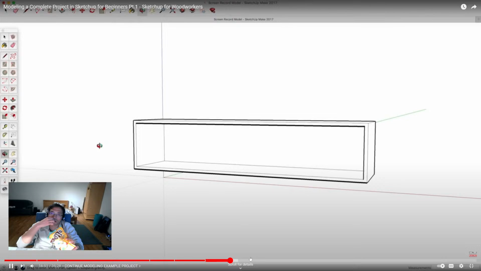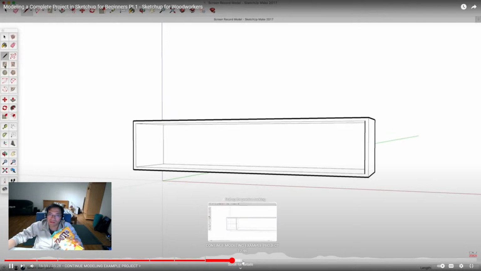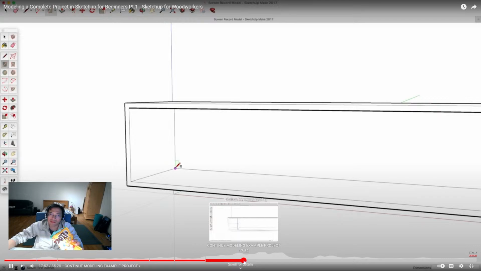All right, so right now we've got a really long box, and we're definitely going to need some vertical partitions to keep things from sagging. So to model those, I'm going to get my rectangle tool and draw a rectangle face that perfectly matches